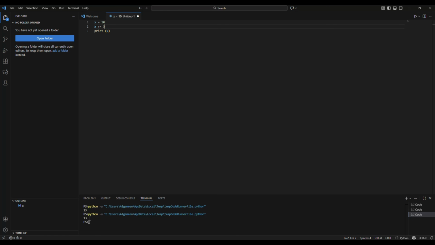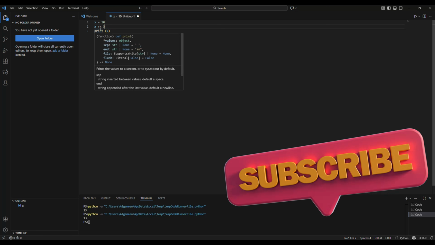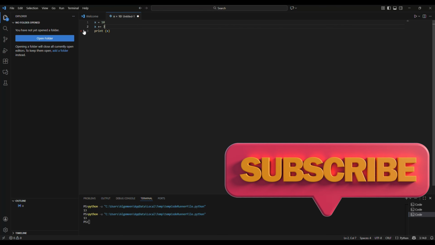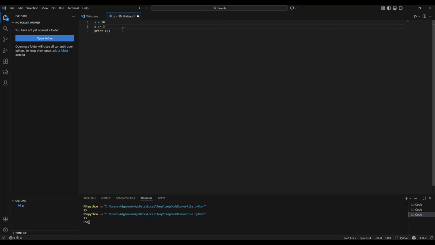Output is 13. It's exactly the same. So x plus equal 3 is the same as x equals x plus 3. And you can do this with plus, with divided by, with multiplied, and so forth. So that covers the basics of arithmetic